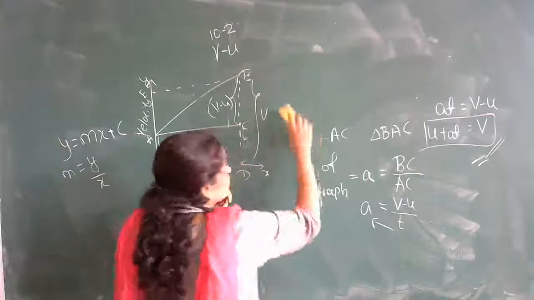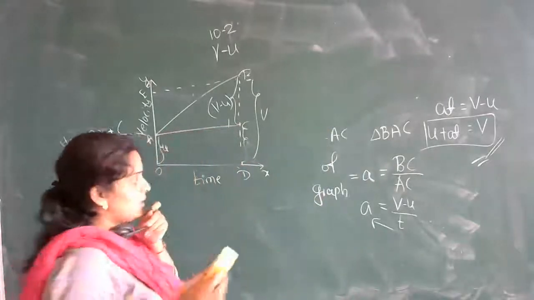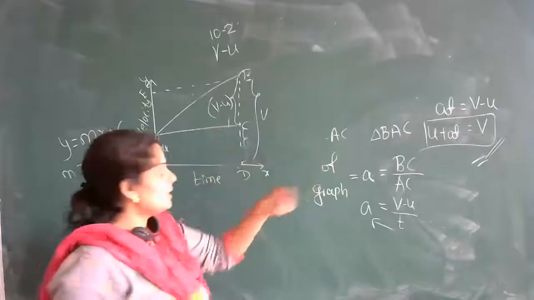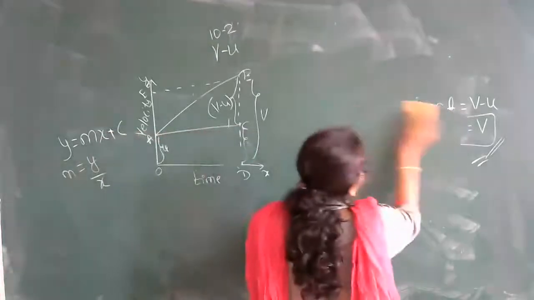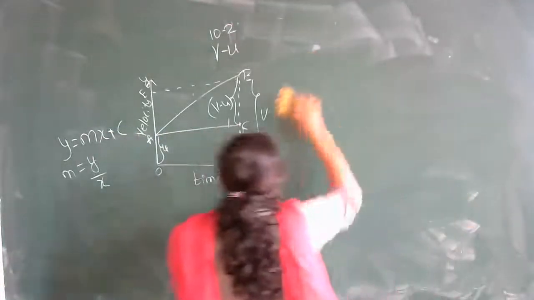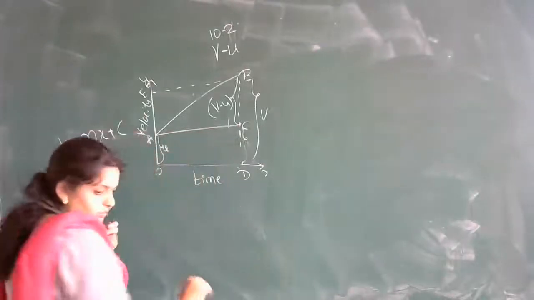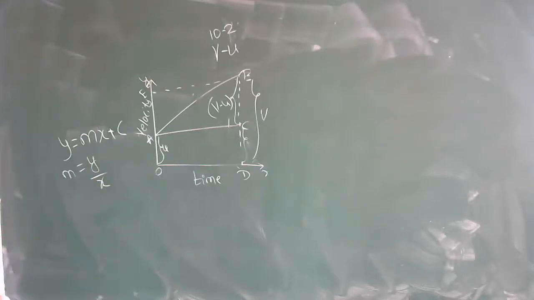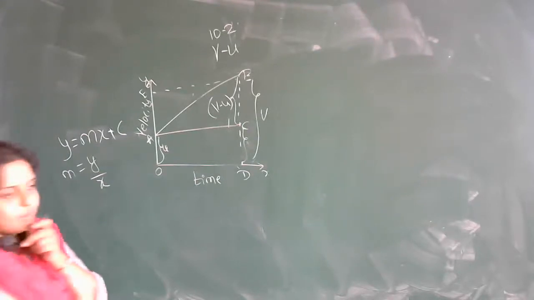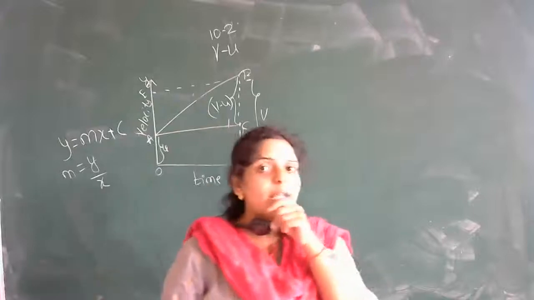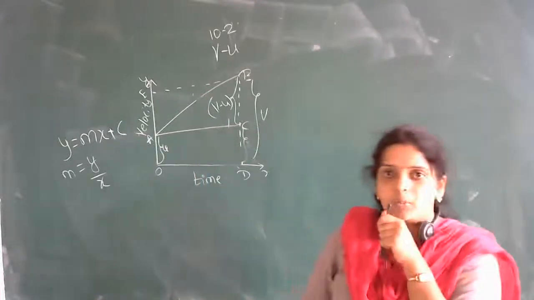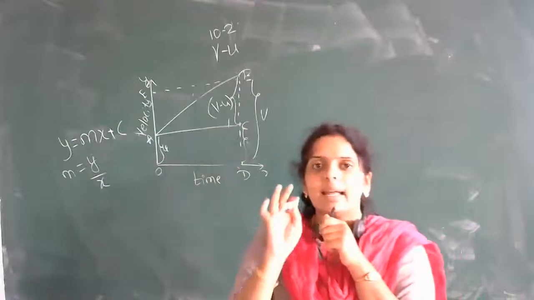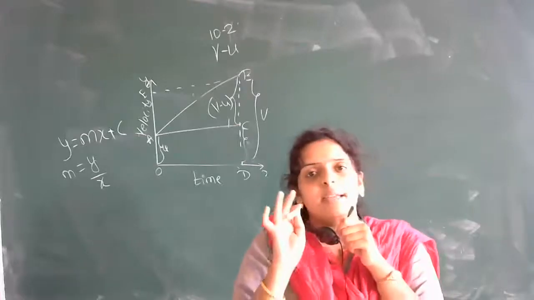Okay, I'll ask questions, sir. Whatever labeling is there, I am going to erase everything. While doing the second derivation, you tell me what all the labeling parts are. I'll keep the graph. The second I am going to derive is s is equal to ut plus half at square. I hope you know the area of rectangle and area of triangle formulas. So based on area of rectangle and area of triangle, this derivation will be done.